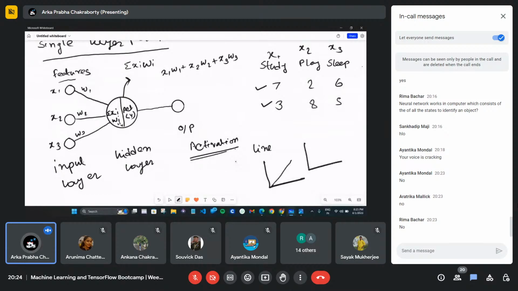This is called the sigmoid function. For the sigmoid function, we get this line. So, like for linear regression, where the equation was mx plus c, for the sigmoid the function will be 1 by 1 plus e to the power minus z.